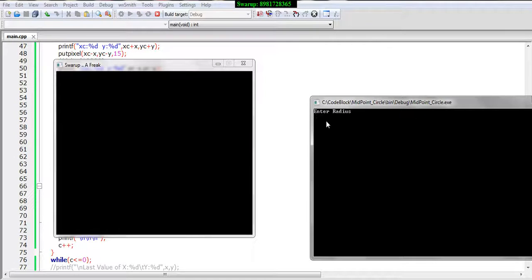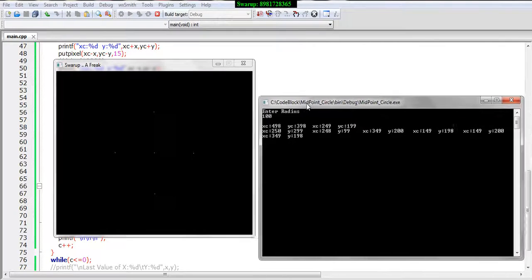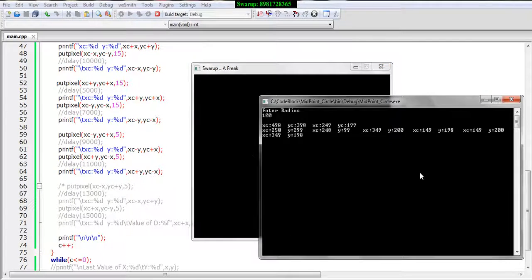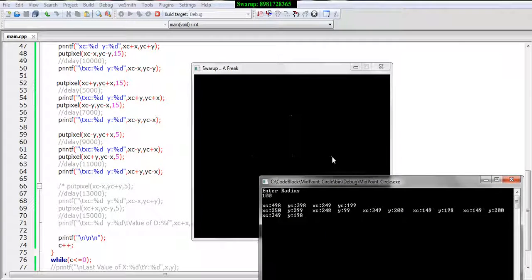So if I give this value, now see, it's just the other end. This is where it has actually been plotted over here. See, the value of xa is 349. If you see over here, the xc value is 249 plus 100, which makes it 349. So 349 column is this one. Okay, and yc is 199 minus x, that is 199 minus 1, that is 198. So this is the row 198. So this violet color is just above the white pixel. This one was below the white pixel, this is above the white pixel. So that's how the reflection is taking place.